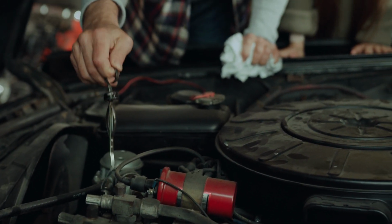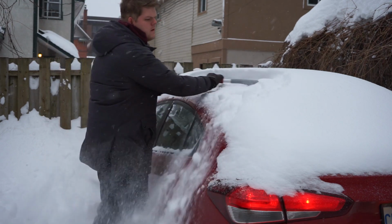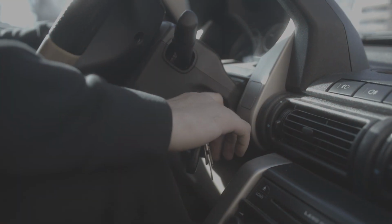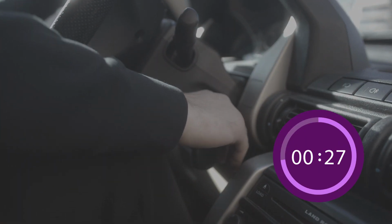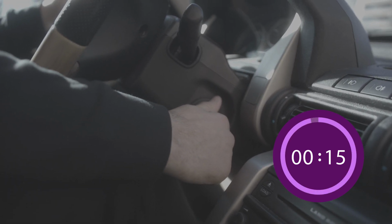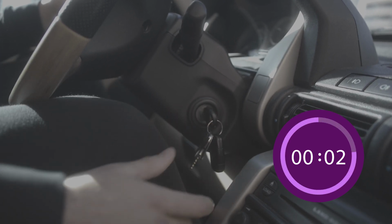the head gasket. To prevent these issues, it's important to give your engine a moment to warm up after starting, especially in cold weather. You don't need to let it idle for long, about 30 seconds to a minute is usually enough for most modern cars. This simple step can go a long way in protecting your engine and transmission while improving fuel efficiency and overall